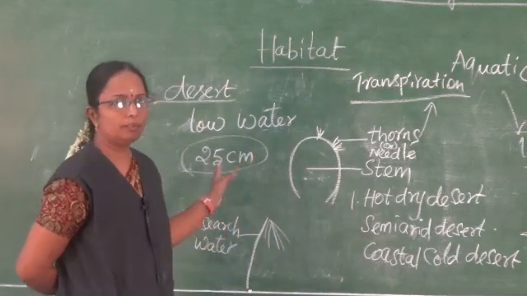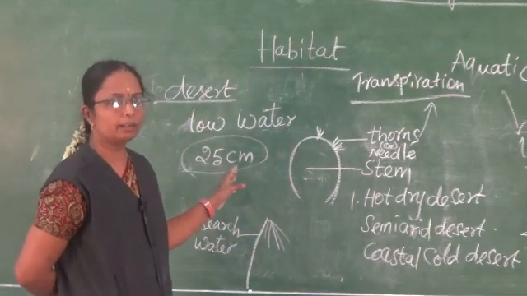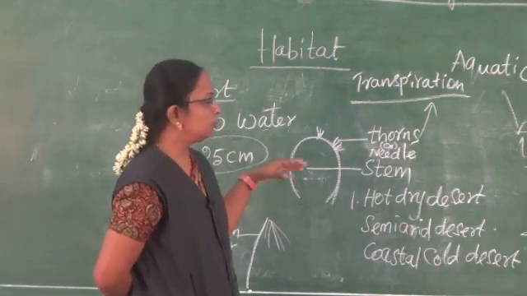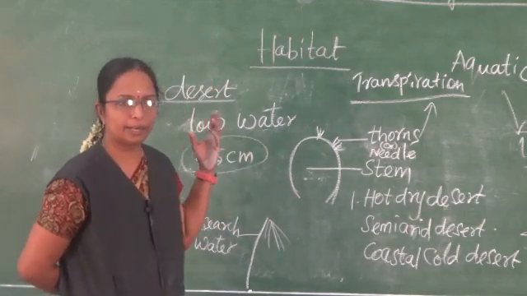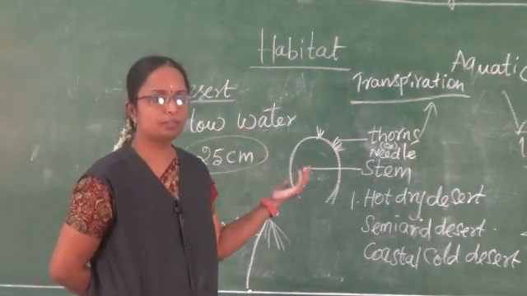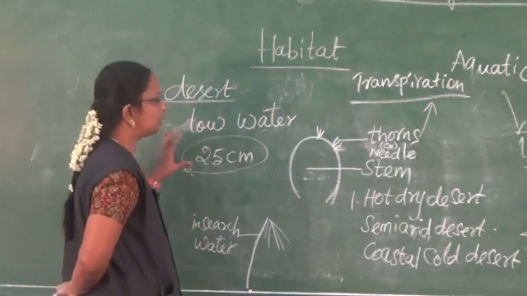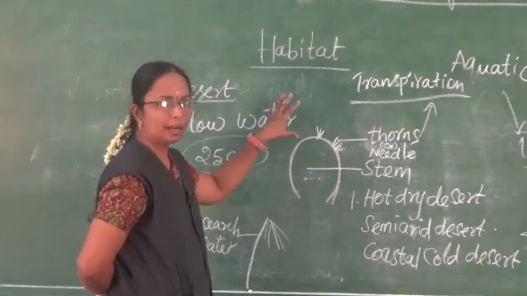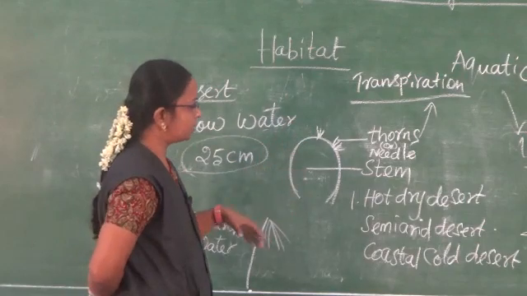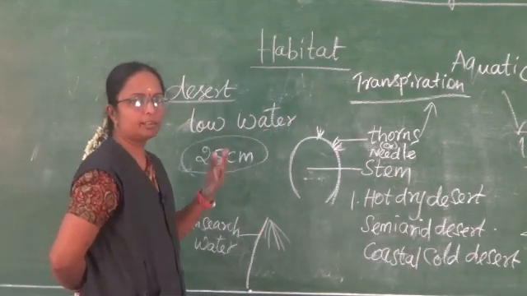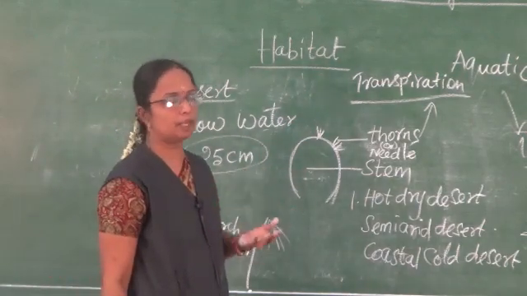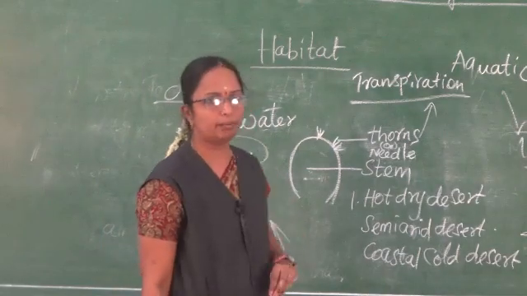When we talk about the forest, most of the plants are seen in the forest. So they support rainfall, and most of the oxygen, everything is supported by the forest, by the plants which are found in the forest. There are three types of forest: tropical forest, temperate forest, and then mountain forest.